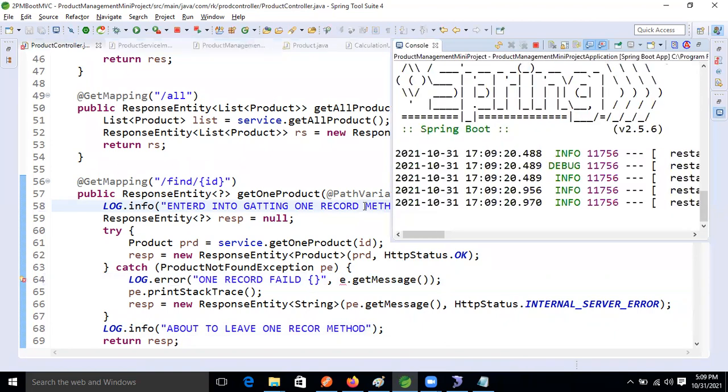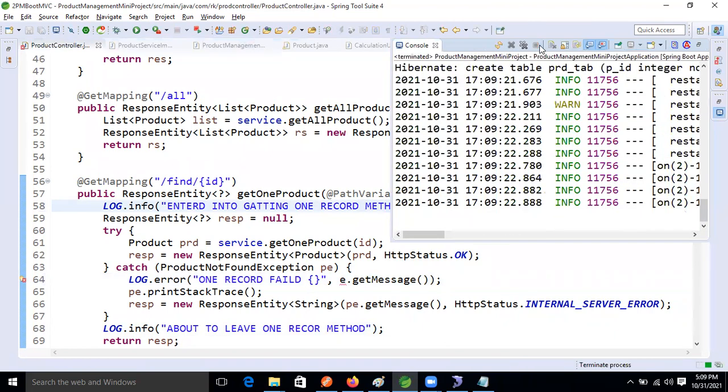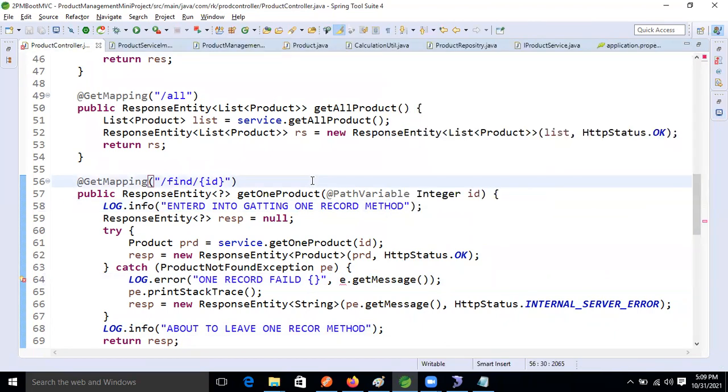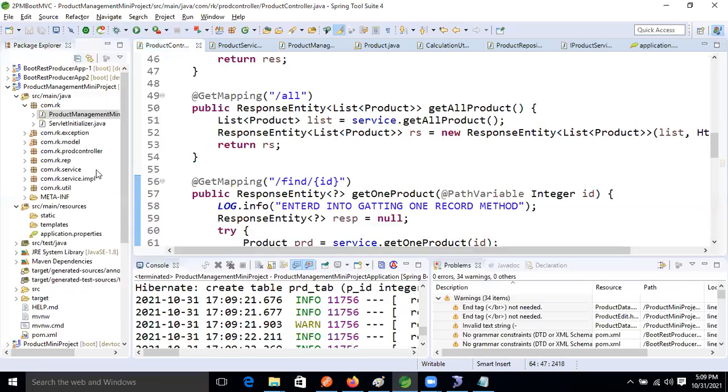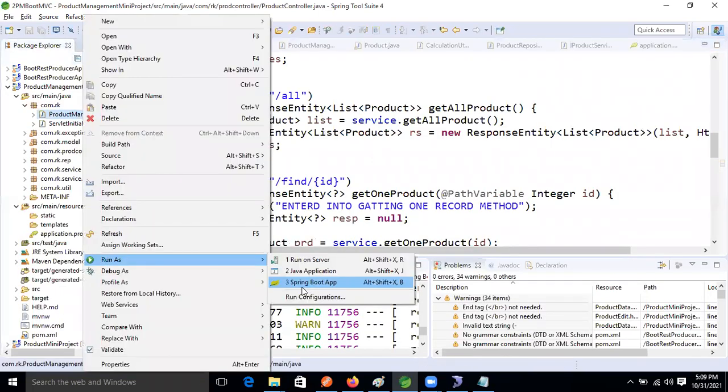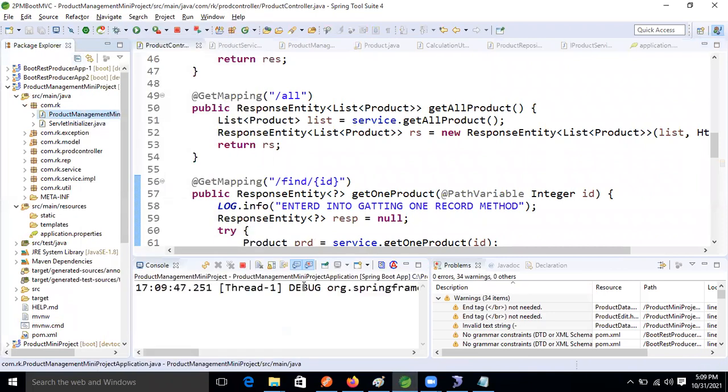Now we will see the failure scenario also in our application, guys. Let's run the same application one more time. Right click, run Spring Boot application.